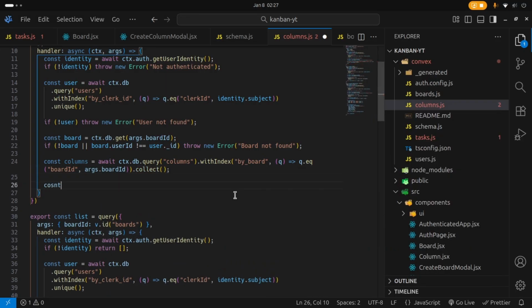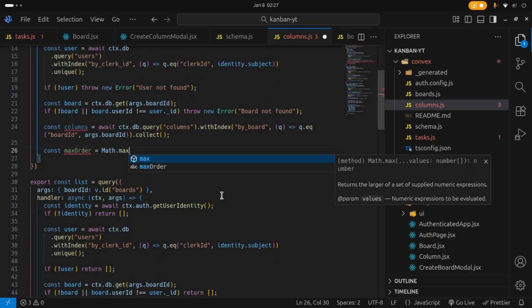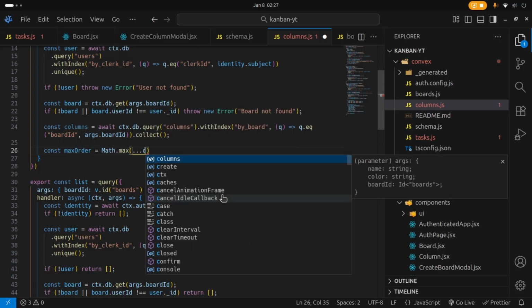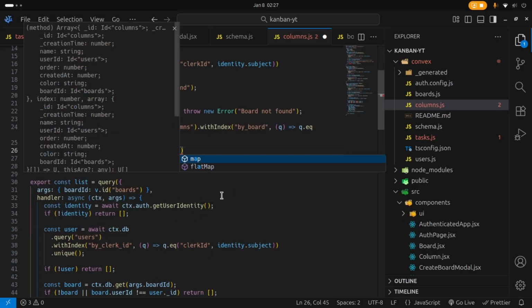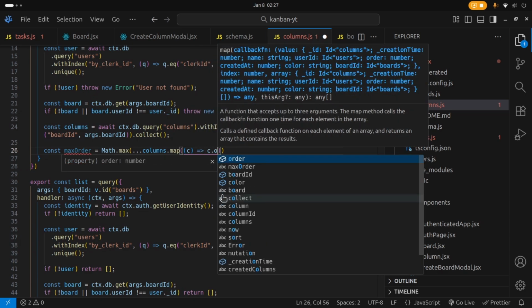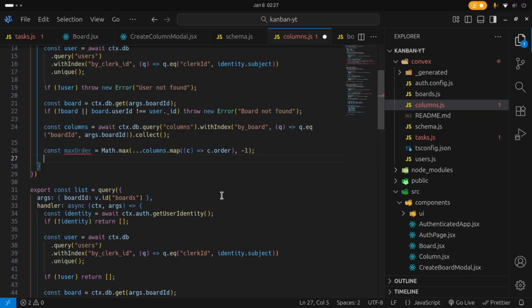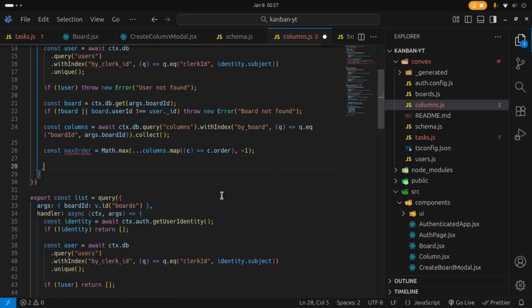And then once we have that, then we're going to say const max order, meaning the highest order for that particular board. We're going to say math.max, and then open this up, spread out the columns, and then dot map over them, like so. And then for every column that you get back, get the column.order, like so, and get the -1, meaning get the last one. And then const column ID is equal to await